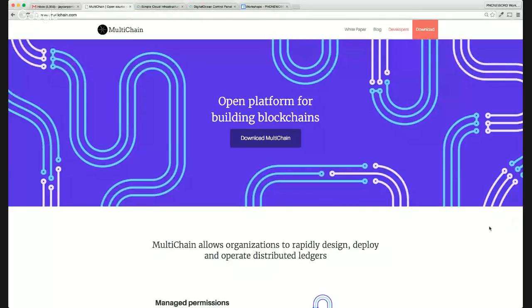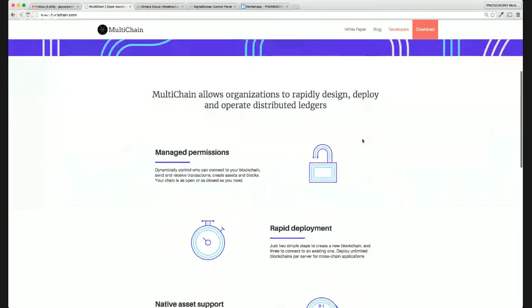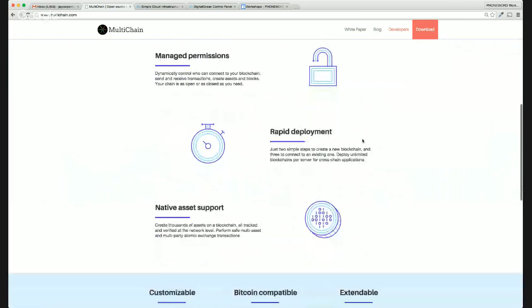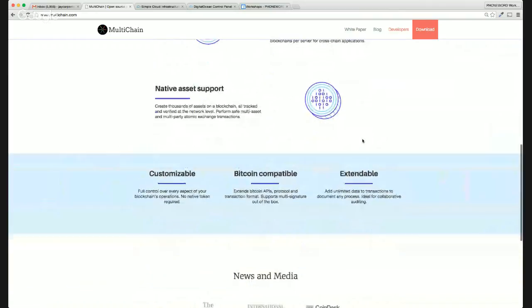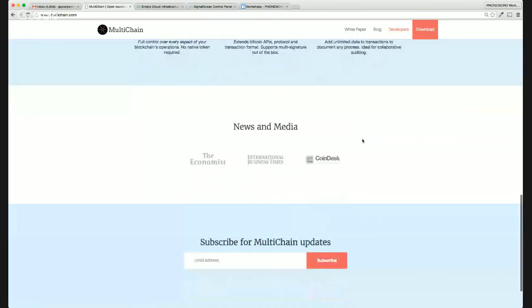I'm going to screen share, and I'm going to talk a little bit about MultiChain, which I played around with in the past. And this is MultiChain, which is a modification of the Bitcoin Core platform, where this has been developed to create your own blockchains, experiment, and create private blockchains in addition to possibly public blockchains. So if you go to multichain.com and you scroll down, you'll see that there's manage permissions, there's rapid deployment, native asset support, and recently this has